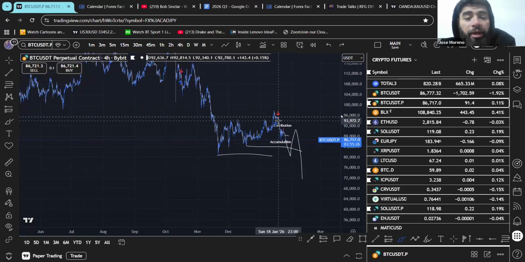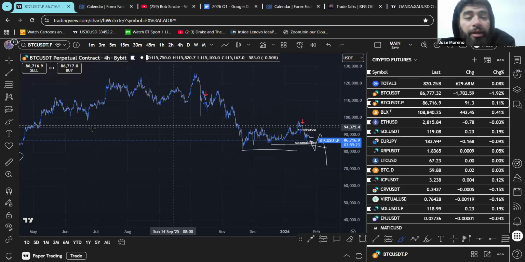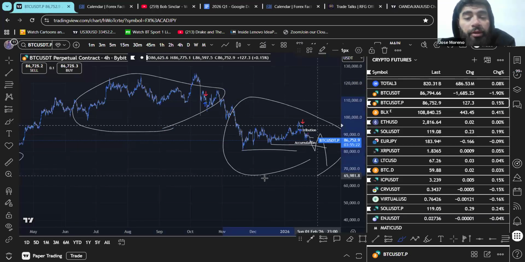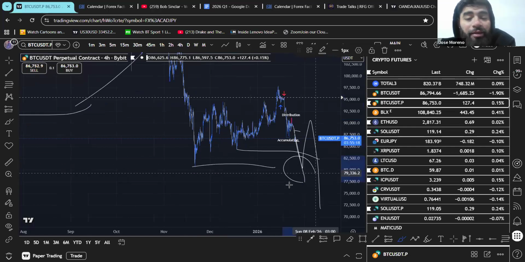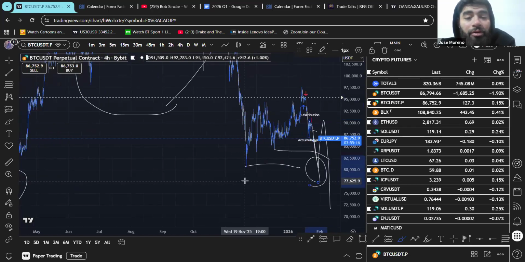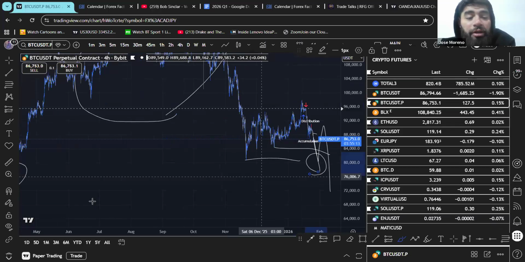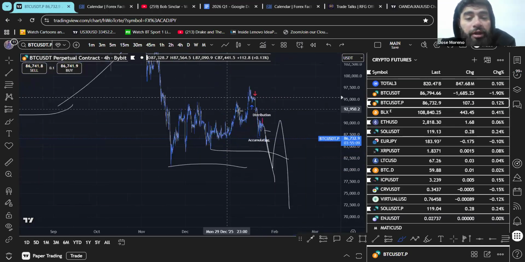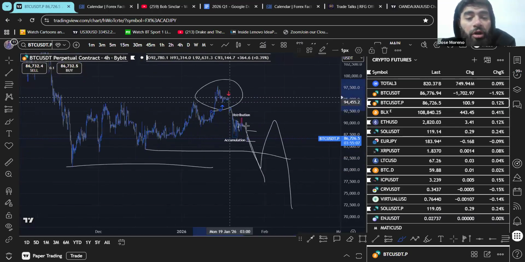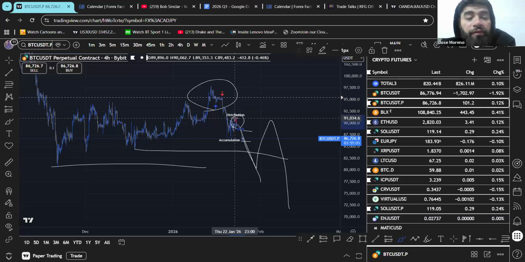But again, this can end up being a distribution here that turns into an accumulation here. If that's the case, again, I probably would expect the sweep to end up happening. So that's what I'm personally leaning towards. Even if this is an accumulation here in this area, we probably will see price get below here. Just given those two things, given the way we made this high wasn't very strong, given the way we did it here also wasn't very strong.